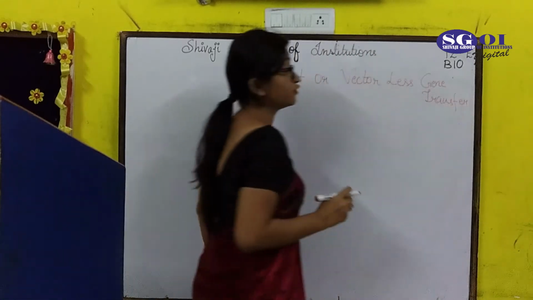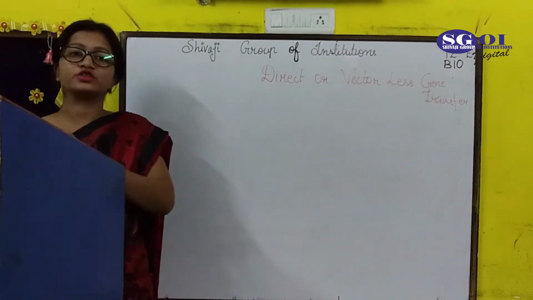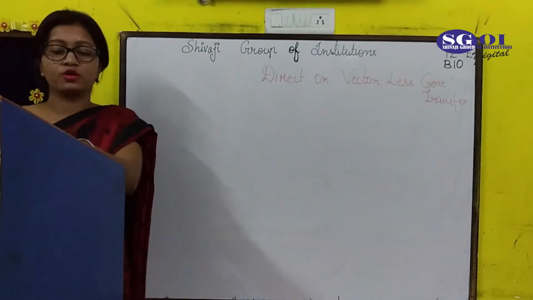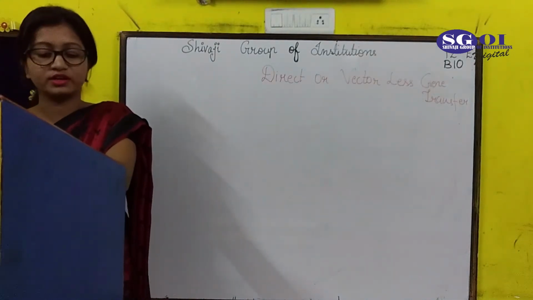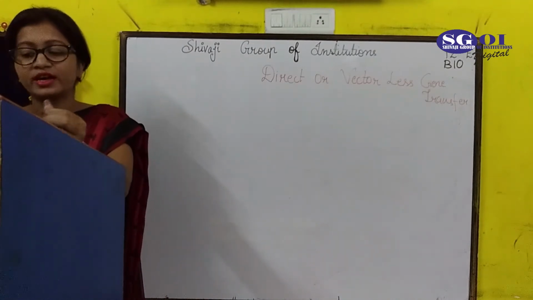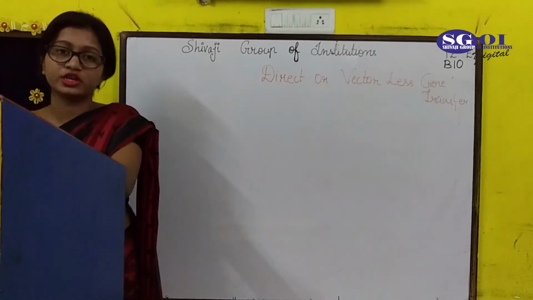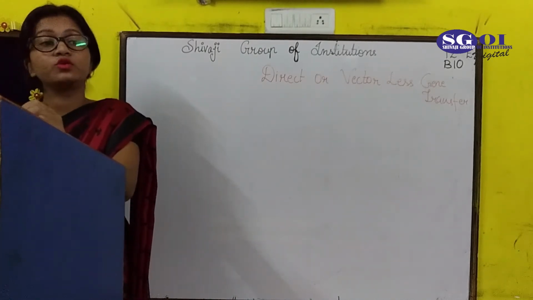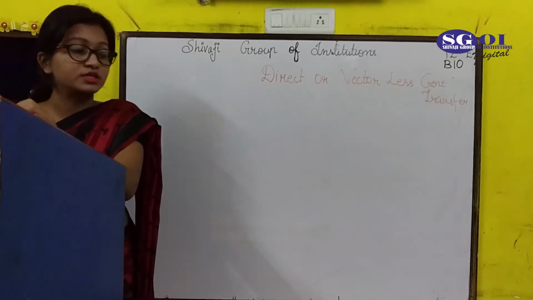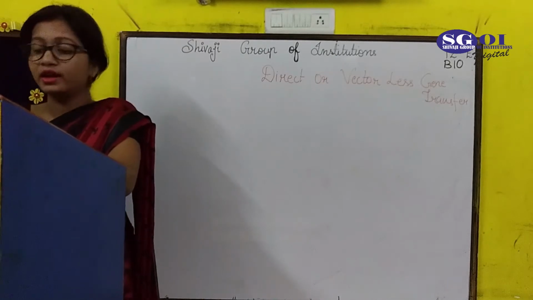In our previous lecture, for the transformation of genes, we needed different kinds of vectors, which were cosmid vector, bacteriophage vector, artificial chromosome vectors, BAC, YAC, fragment vector, animal and plant viral vectors, transposon and also shuttle vector. But today we are going to learn about some of the ways in which direct or vectorless gene transfer can take place.